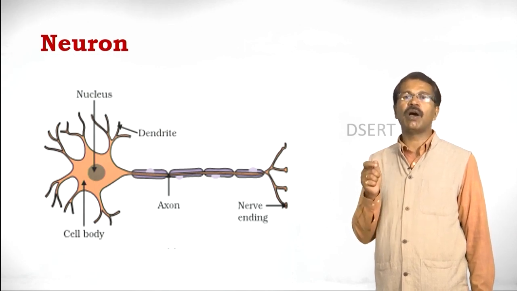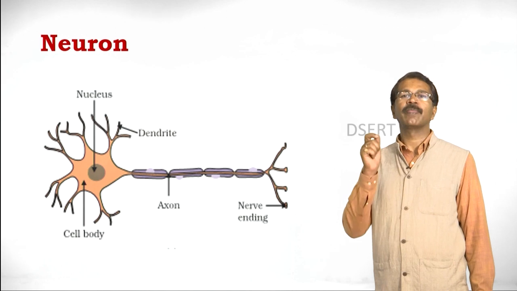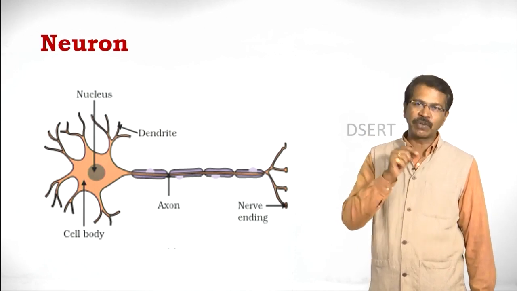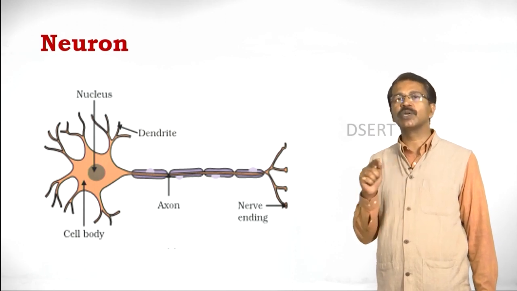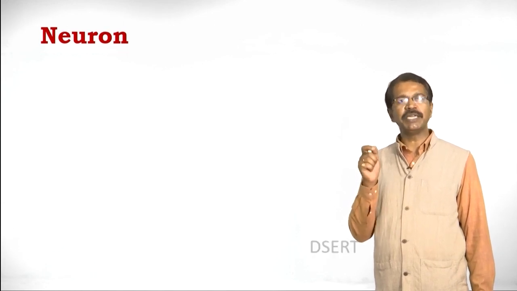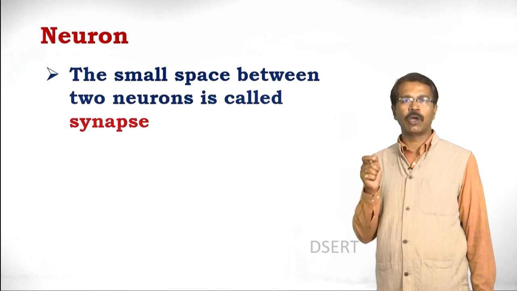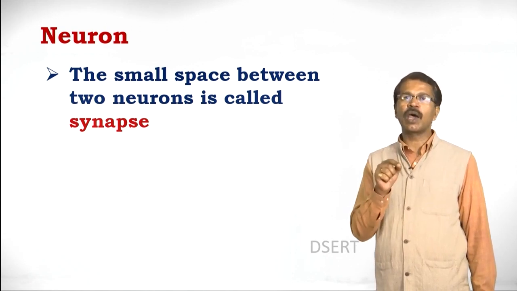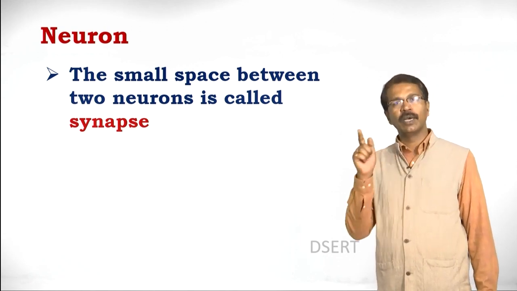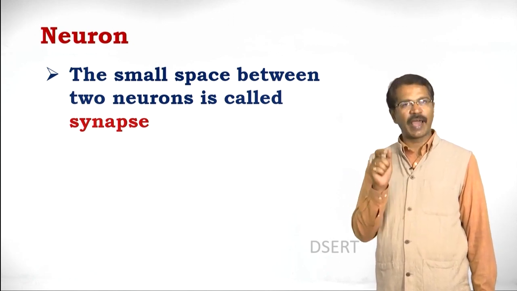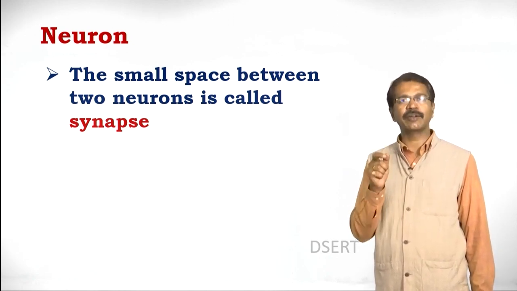Thus, by way of electrical impulse, the messages or information received from the previous cell are transmitted. Now, as I said, there will be a small gap between each neuron cell. We call this small gap a synapse. Now the question: in a neuron, from the dendritic end to the nerve ending, the impulses or messages are transferred